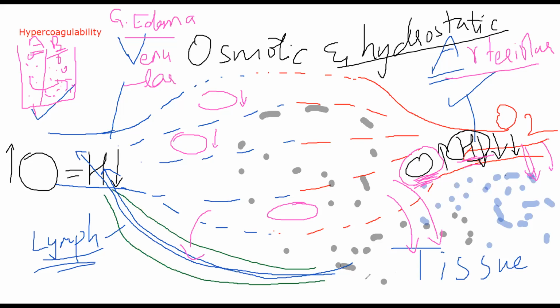Now if this protein level goes down, osmotic pressure will plummet. It will become very, very low, meaning more and more fluid is being lost. Other than that, at the venular level, the same is happening. Osmotic pressure is not able to be maintained here. There are no proteins here either, meaning no osmotic pressure. Even if lymph is trying to send that fluid back, there is a net increase in the amount of fluid present in your tissue space.